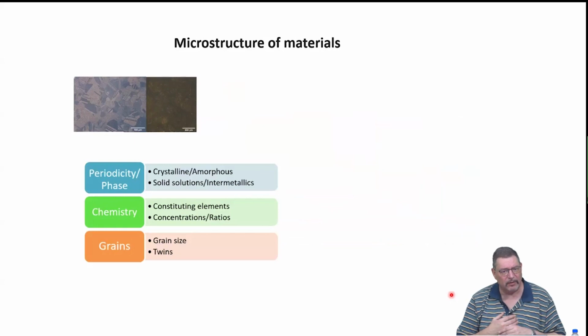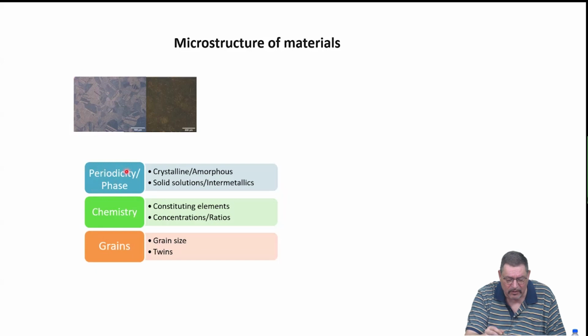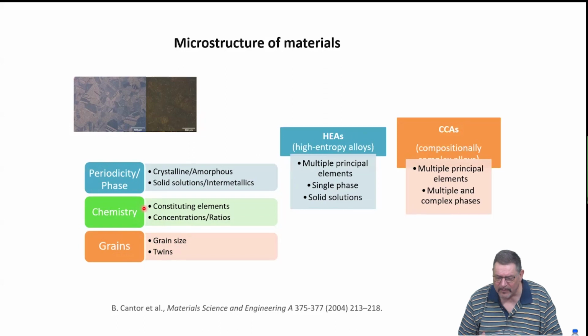Obviously, when we think of microstructures, we have to think of not only the phases that are visible, but you also look at defects, as we just discussed, and then also chemistry. And chemistry is what has mostly been discussed. Which compositions can we really use to make these high entropy systems? And I'm using high entropy systems now as a term for all these materials, whether they are compositionally complex systems with more than one phase or high entropy systems, just to keep it simple. But as you know, the distinction is there.